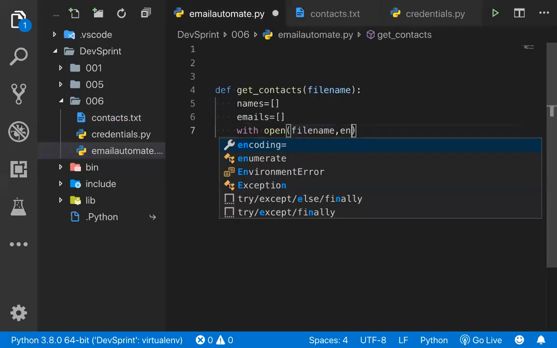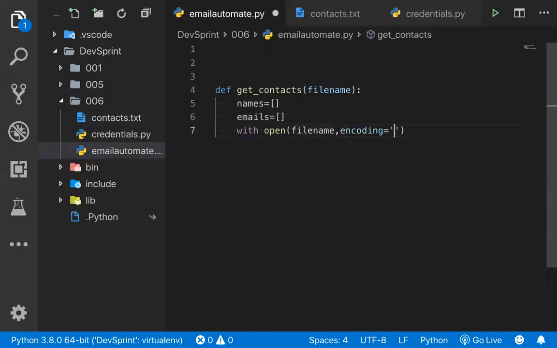Of course, sometimes we use the encoding format because we are not sure what kind of data comes in. So UTF-8 is optional, not always required. So we are opening this file, and next we are just reading the file, so I'm not specifying any mode.